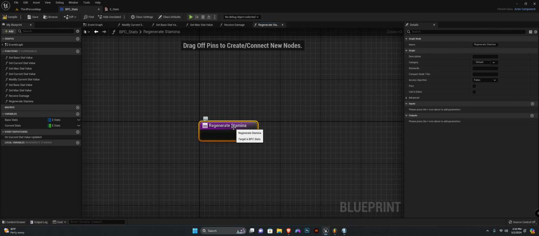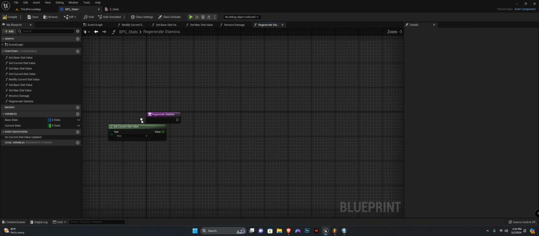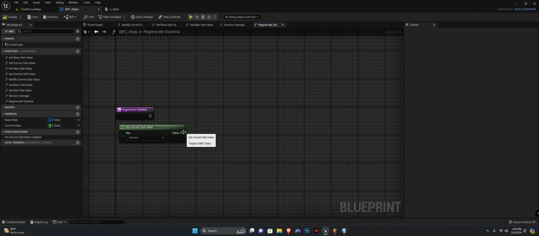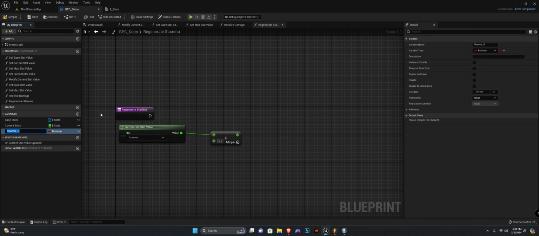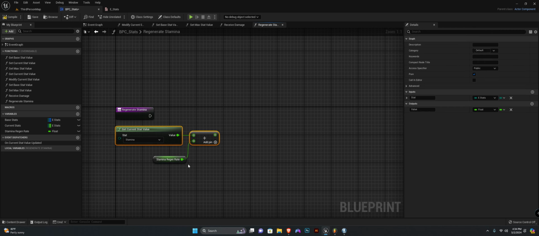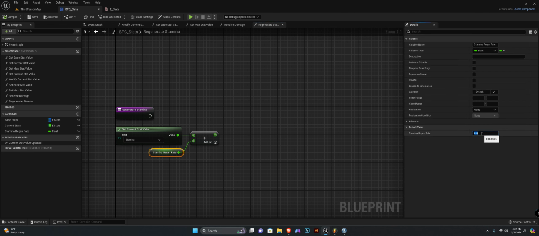Right, let's see. How can we create this? So let's get the current stat value for stamina, and we want to add that to a new variable. We want to call this stamina regen rate. It's going to be of type float, and we're going to plug it up. So the current stat value added to the stamina regen rate. The stamina regen rate is going to be a value of 0.5,